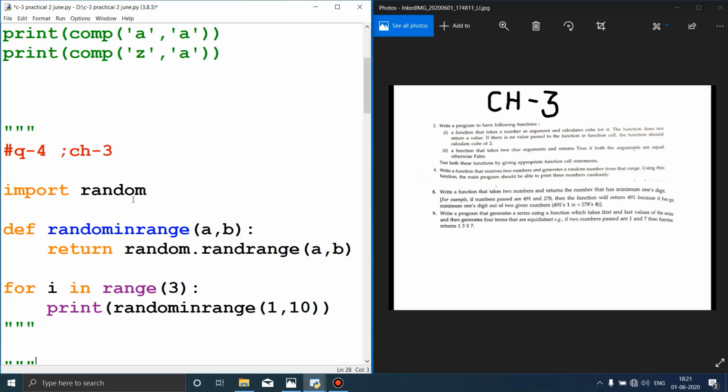So random is the name of the library. When this library has been included here, we can use any of the functions of it. So how to refer to that function? random dot the function that you are referring to, okay. So range is an inbuilt function of this random library, okay, that allows you to pick any random number from the given range. So range is 1 to 10.